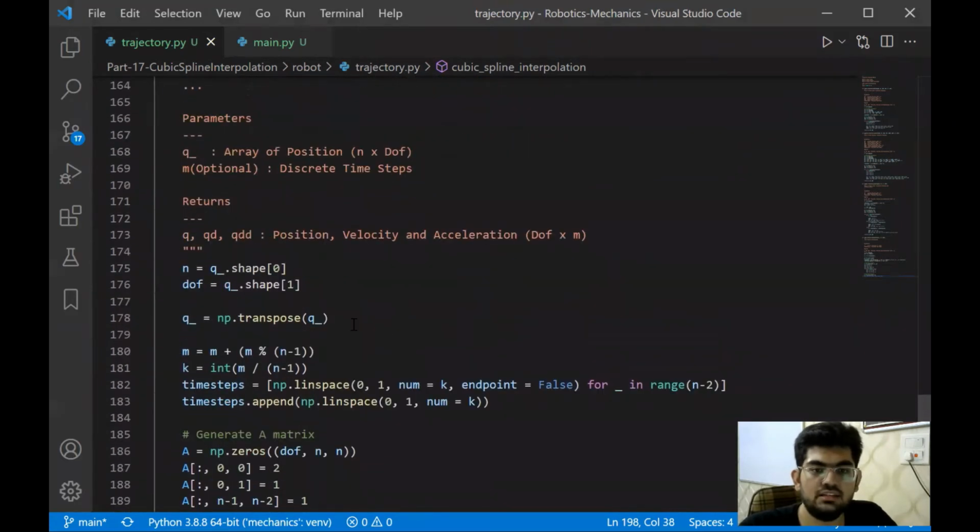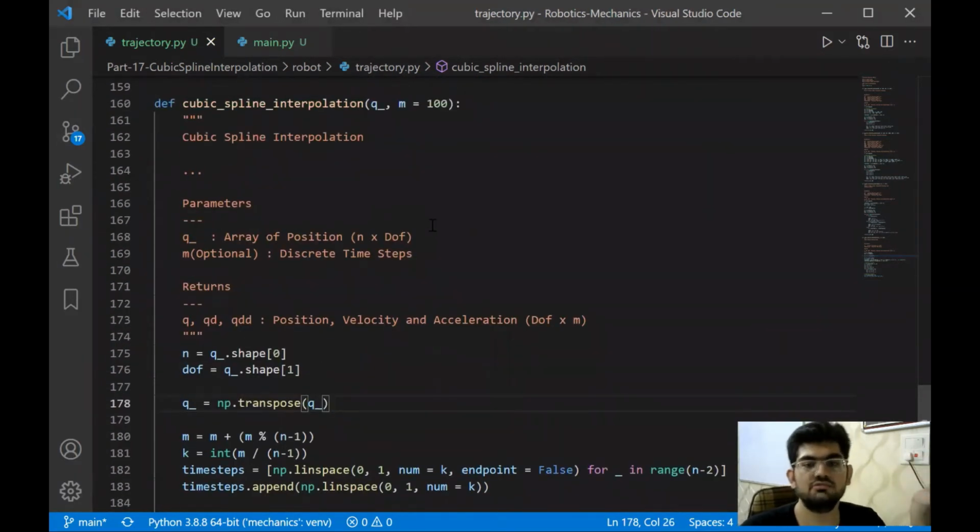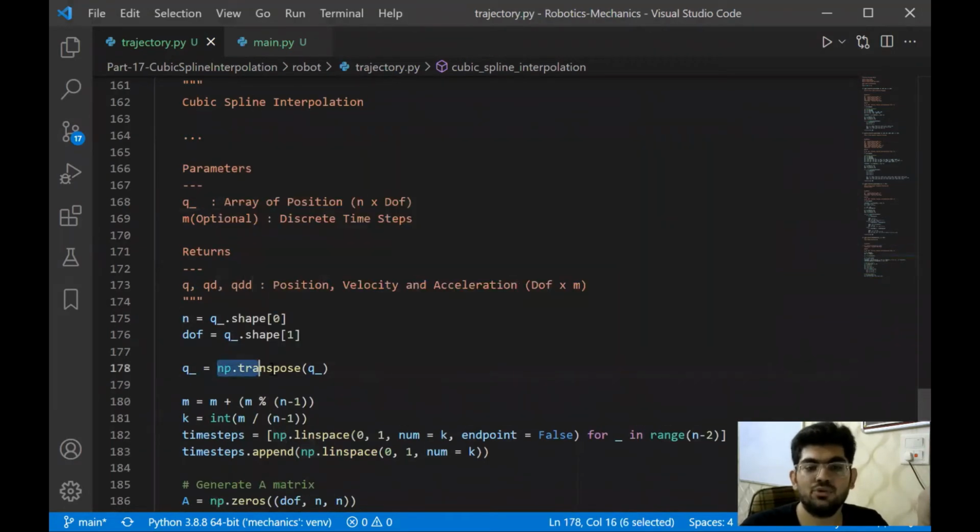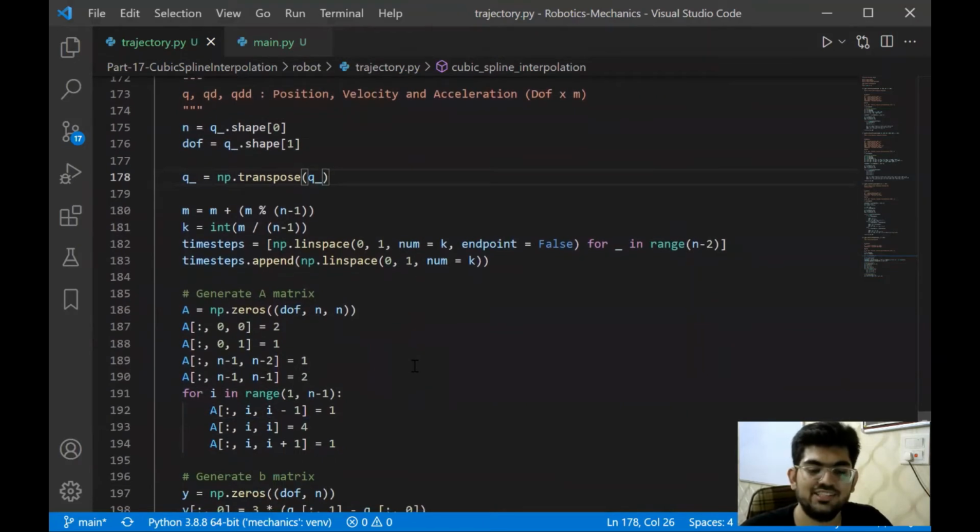Now one way would have also been to just introduce this value through the input, like we take the user input in such a way that we have this shape, but this n cross degree of freedom shape is much more convenient for a user. The user can specify for each row what all the joint values are going to be. Like the first row specifies the first position joint values, the second row specifies the second position joint values. This is particularly easier for the user to input. That's why we're going to have n cross degree of freedom. And it's also relatively easier for a programmer to just take a transpose and convert that n cross degree of freedom to degree of freedom cross n. So yeah, that's the justification for why we are doing this.